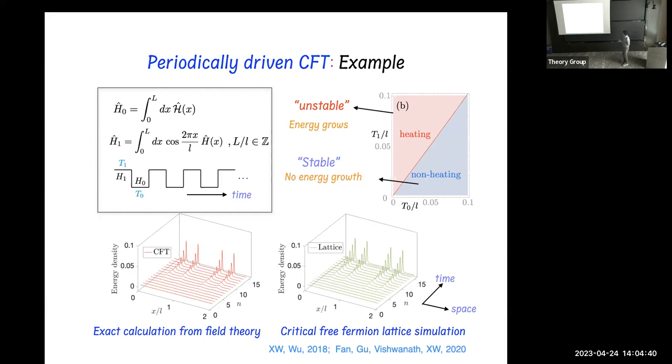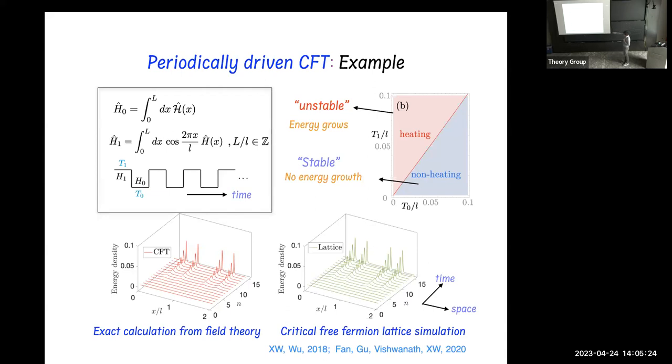Okay, that's it. Now when we drive the system, the only parameters we can tune are the times t1 and t0. Okay, t1 and t0. Then we can change the time t1 here and the t0 here, and we can get some phase diagram. This phase diagram is simply determined by the operator evolution introduced in the previous slide. Okay, we found two different phases. In this non-heating phase, nothing is interesting. Everything will oscillate in time. But in this heating phase,